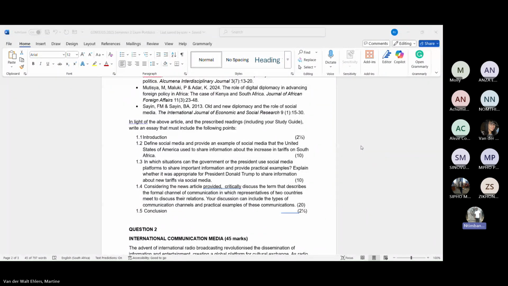Unfortunately, I can't give out answers, because if I tell you the answer, this assessment will be useless. I just want somebody to go and look for that. So that's what you should be looking for. The information is there, and you're going to find it. We had several situations, either here in South Africa or in other countries, where we saw a government or the president sharing information on the social media.